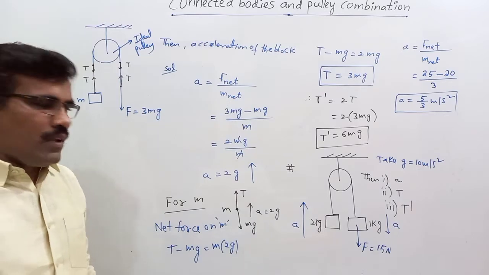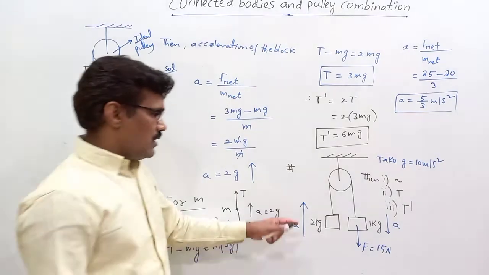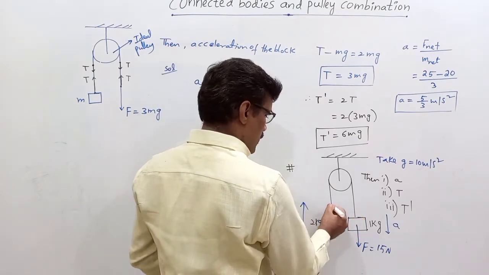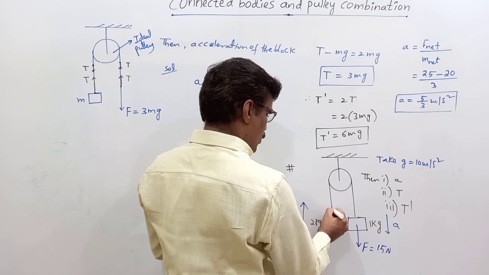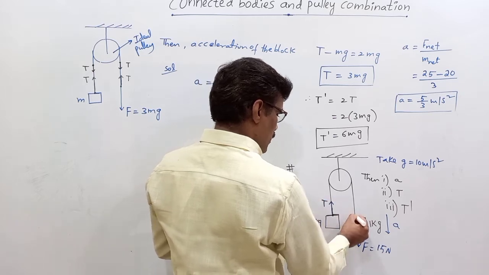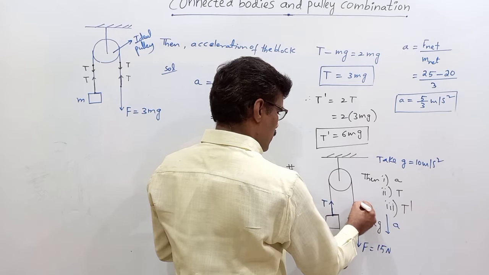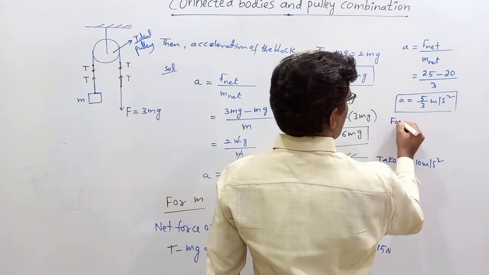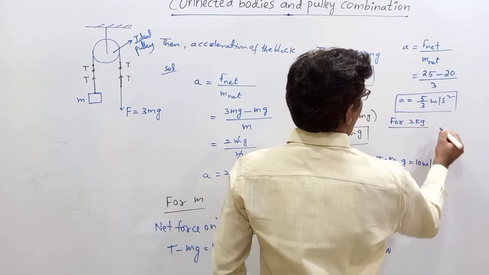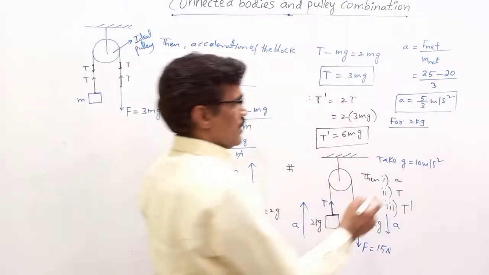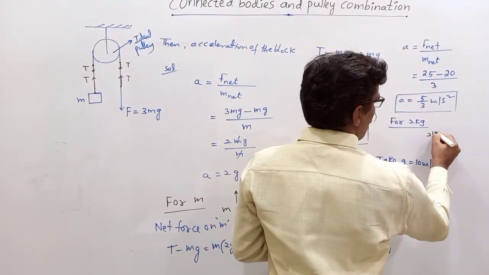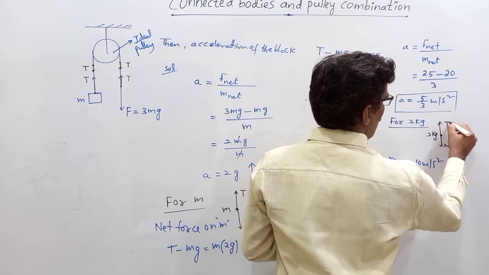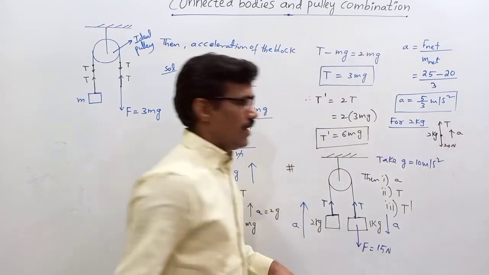Okay, sir. Then what is the tension in the string which is connected between the two blocks? Here, tension this side. On the 2 kg block, tension this side. On the 1 kg block, here. Free body diagram for 2 kg, we get the answer. FBD for 2 kg. What forces are acting on 2 kg? On 2 kg, 20 Newton downward, and T is upward, but it moves upward with acceleration.